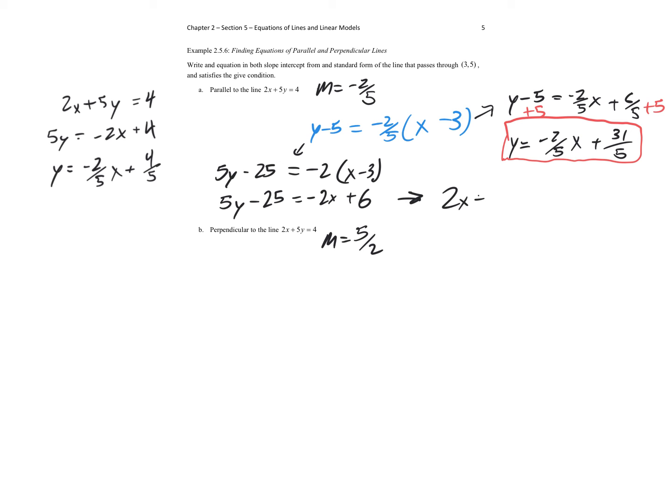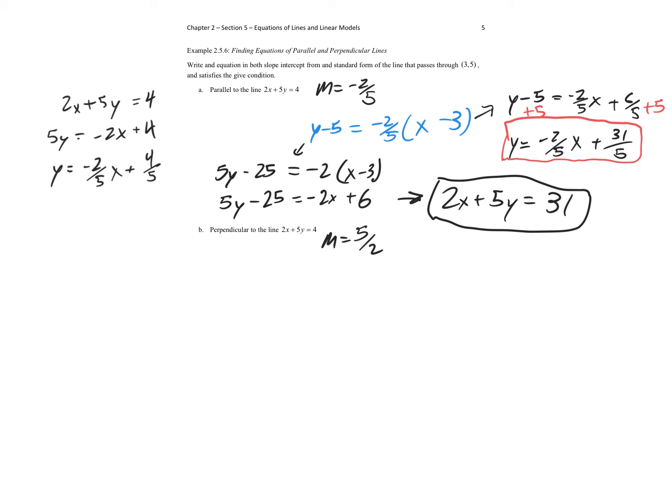So 2x plus 5y equals 31. And that's the standard form. Again, these forms just come from rearranging and getting the pieces in the right way. Standard form has both x and y on the same side, and slope-intercept form has the y by itself